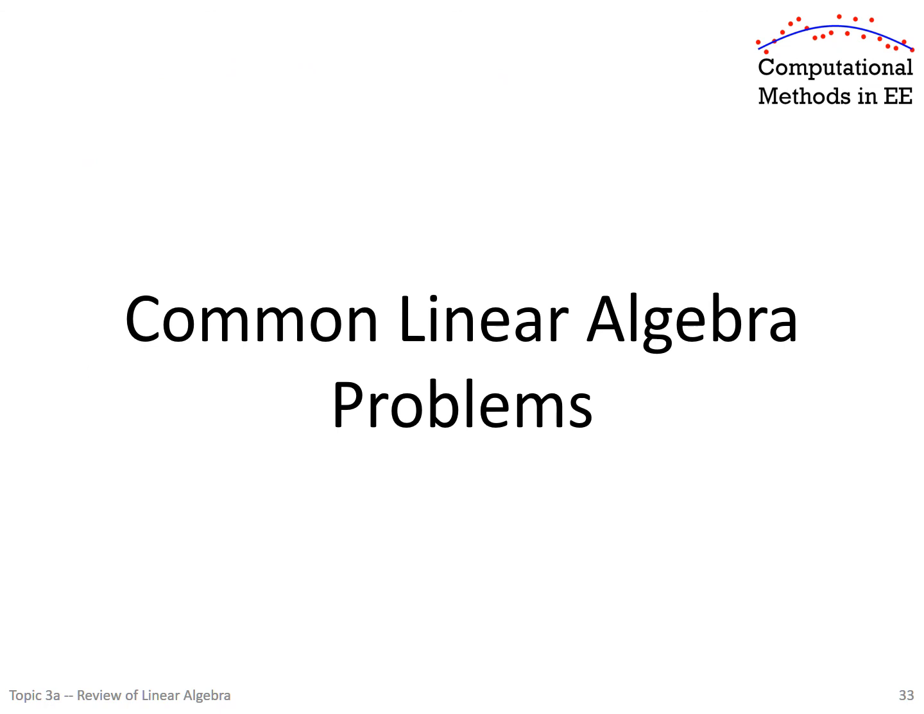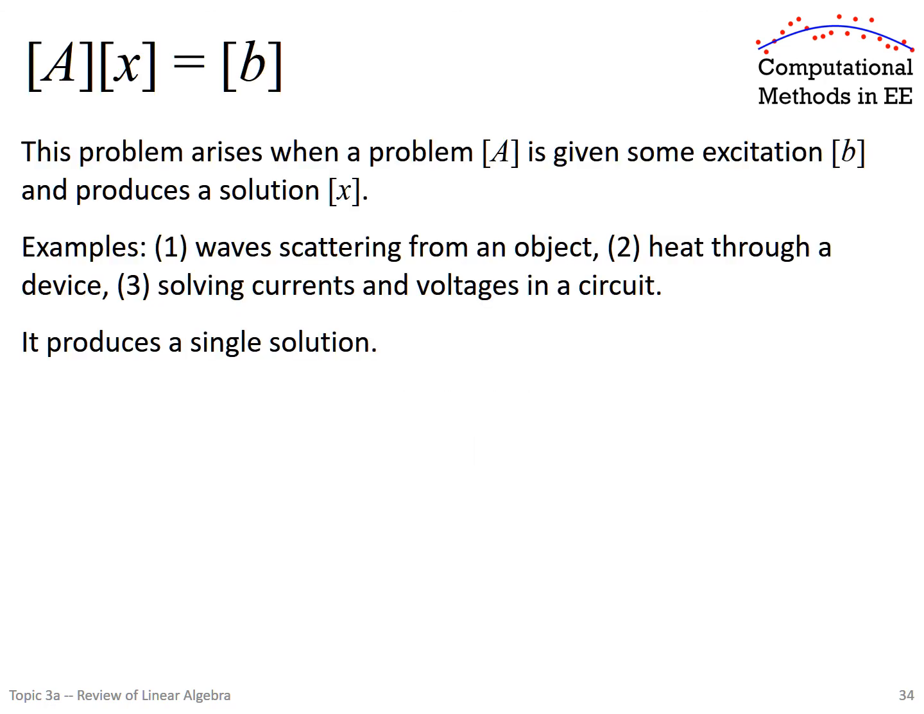Very quickly, I want to go through some common linear algebra problems and come up with some general conclusions. Very often, we will get an AX equals B. This happens in physics and engineering when we have a problem that has some kind of excitation and there's only